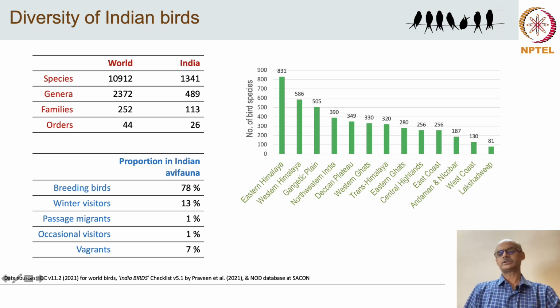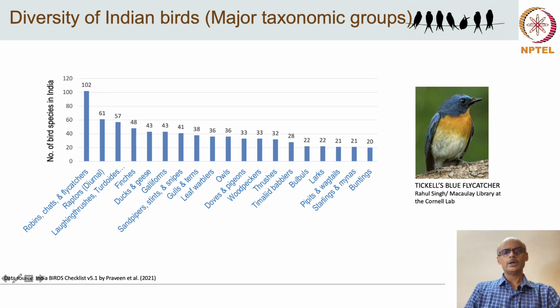And of course the Lakshadweep, being very small in size, has only 81 species recorded. If you look at the major taxonomic groups, it is the family Muscicapidae, containing robins, chats and flycatchers. It's a large songbird family in India